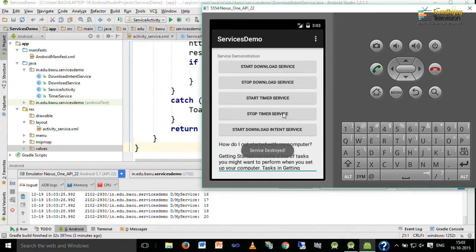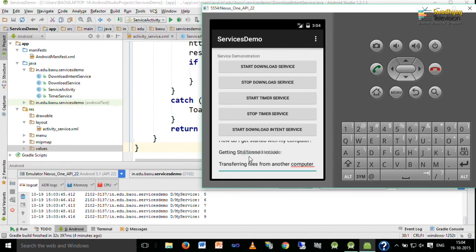If you can see, now my timer is stopped at value 20, and you can again start this counter by pressing this start timer service, and here on screen you can see it now starts with 1 and continues until this stop timer service is pressed.